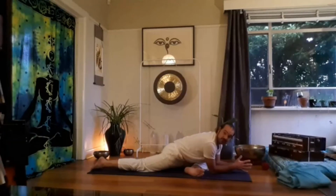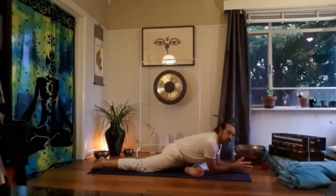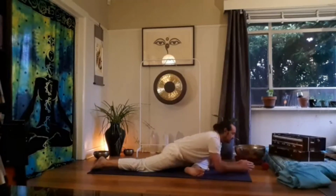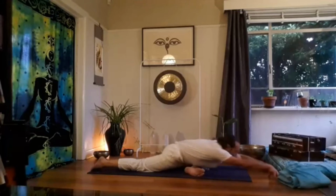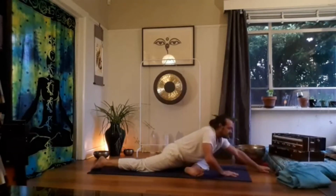You might be feeling the heart rate slowing down, trying to catch your breath. Ideally you haven't lost your breath, it stayed slow, soft and deep. Returning to that, if you need to, nice and slow as you inhale, you can come up